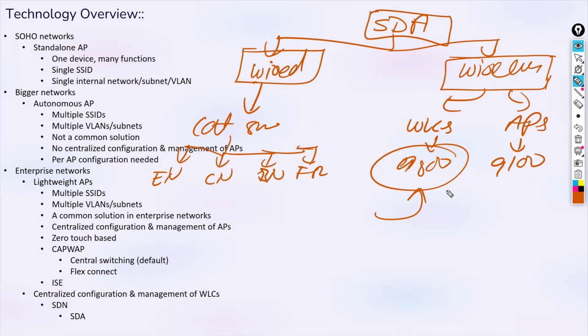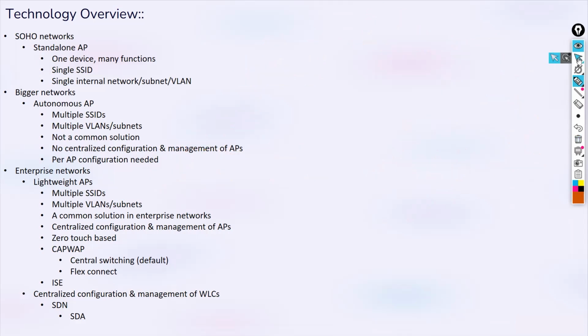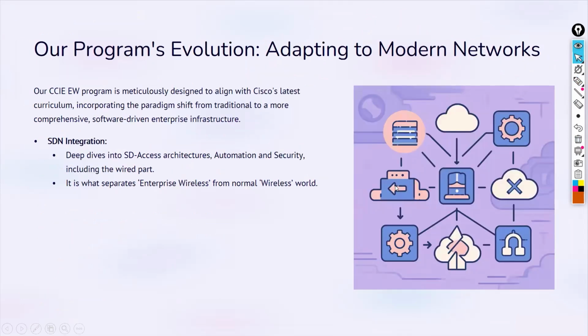This is the major change they have brought up, and also because more and more networks and people are managing wireless via cloud solutions like Meraki. That's why Cisco has also said, okay, let's get comfortable with Meraki as well. So that's one more part. I hope this general discussion about the overall solution, product family, and technology overview is clear. I haven't shown you what actually is there in the content. Let me come to that.